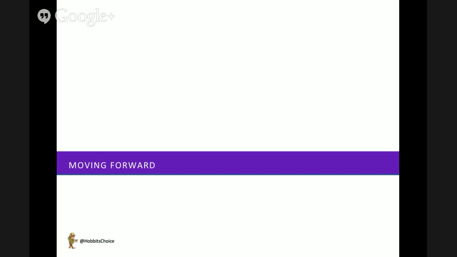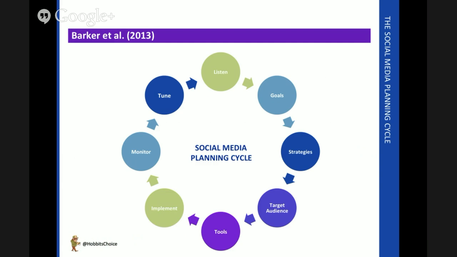So there you are, some additional channels I think you should check out, explore, play with. Moving forward, for the rest of this course, we're going to move aside from our consideration of the tools. We've gone through the earlier stages of scoping out our goals and defining a strategy and target audience. We've now got methods we can use to reach that audience. I want to begin to think about the last three stages in the cycle: implementing the program, monitoring its performance, and fine-tuning it as we go back around the cycle again.